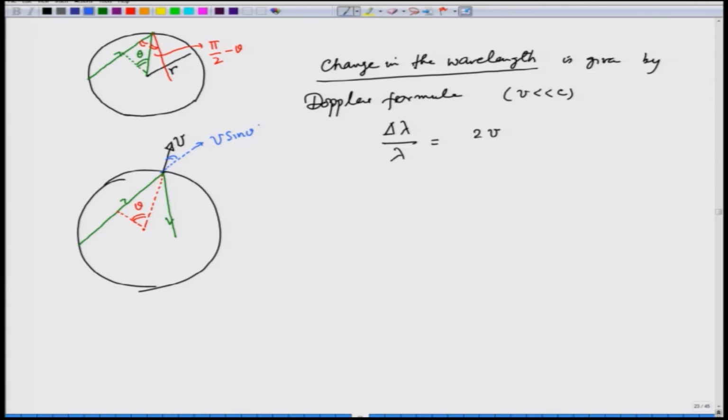So, this is 2 v sin theta divided by c. So, delta lambda is equal to lambda times 2 v sin theta over c per reflection. During each reflection, this is the change in the wavelength,